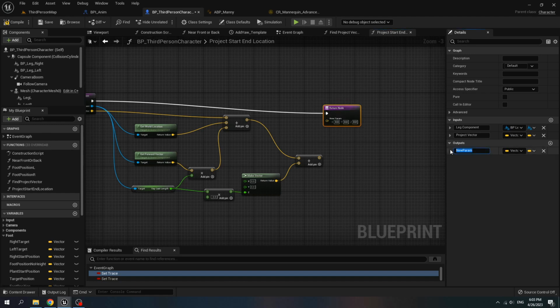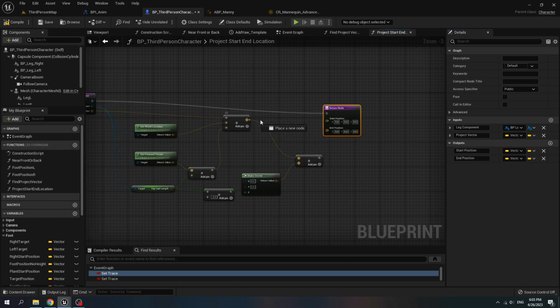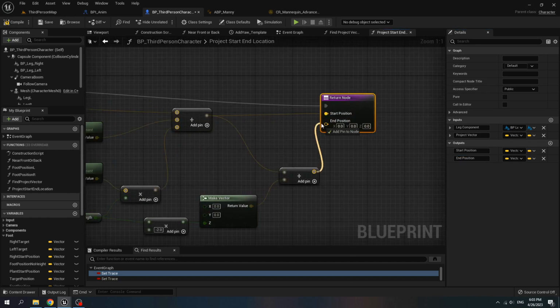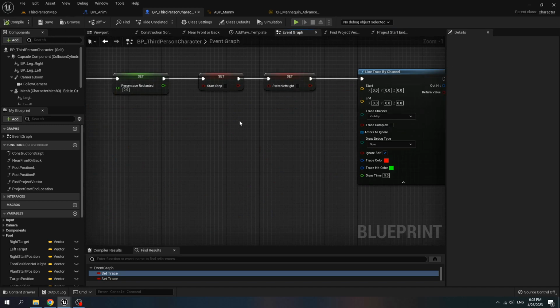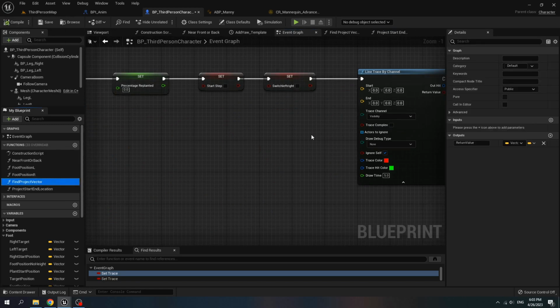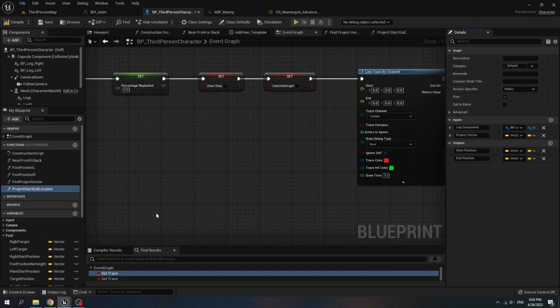Add variable, name it start position. Add variable, name it add position. Next to start position and this one to add position, and set find project vector to pure function and project start add to pure function.